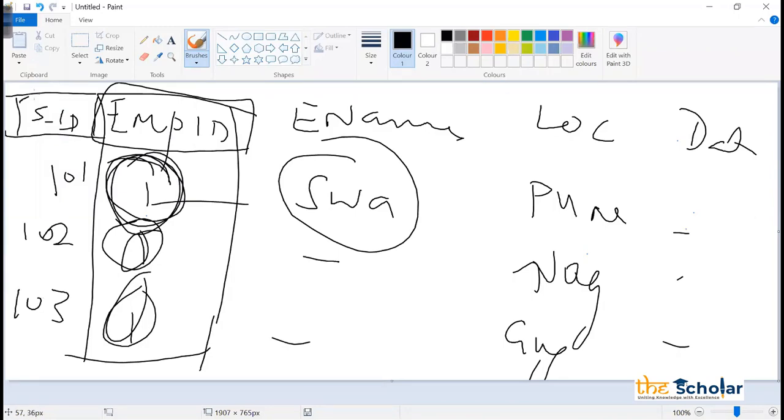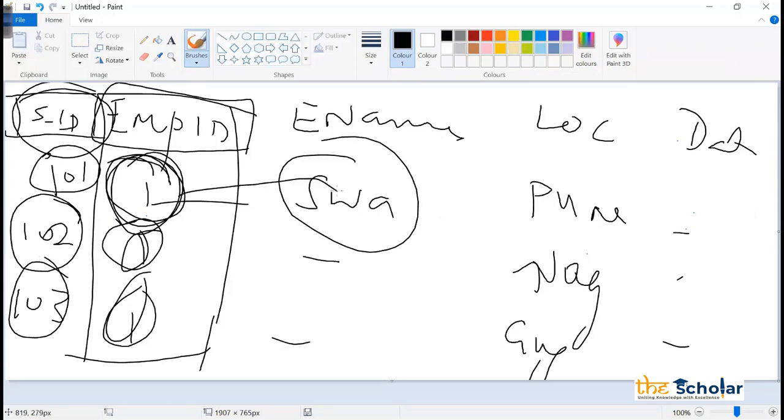So what I'm doing is making a key which always increments as and when a new record is inserted. Now here, a Swadesh record is inserted with employee ID 1. Again, one more record of Swadesh is inserted, employee ID 1. Now, as and when a new record is inserted, this surrogate key is incremented by one. Obviously, there are chances that Swadesh's entry comes in, then Kushal's entry comes in. So Kushal's record will be 102, and then Swadesh's record will be 103, which is fine. I don't care because my employee ID is common for Swadesh, right?